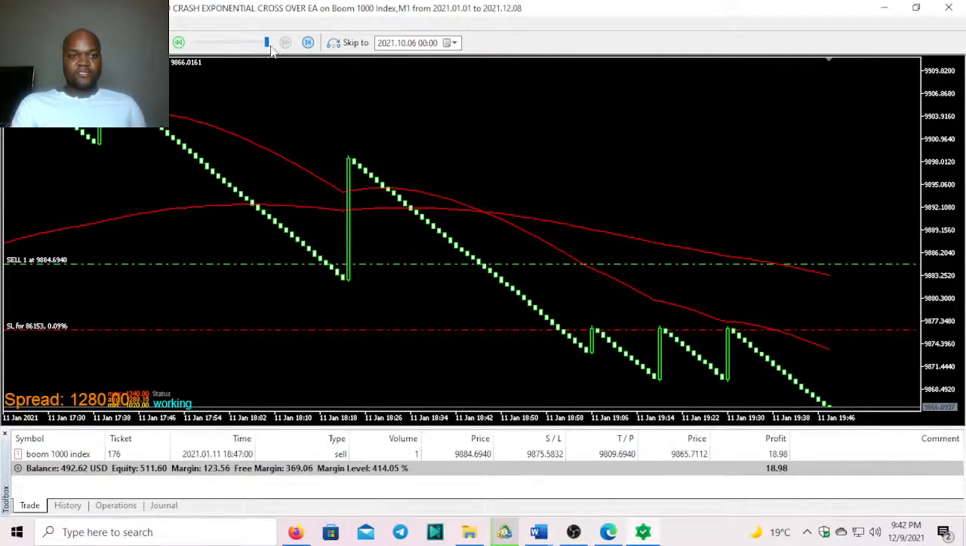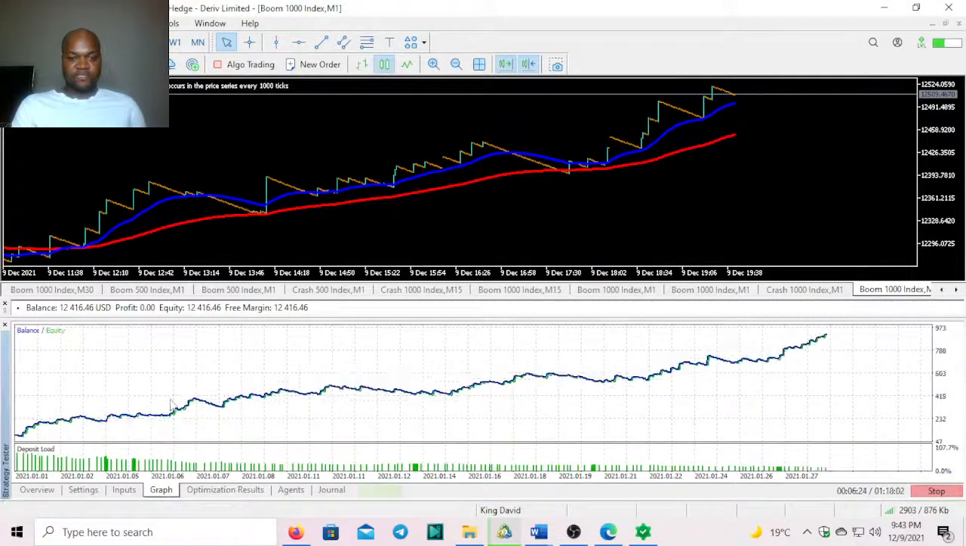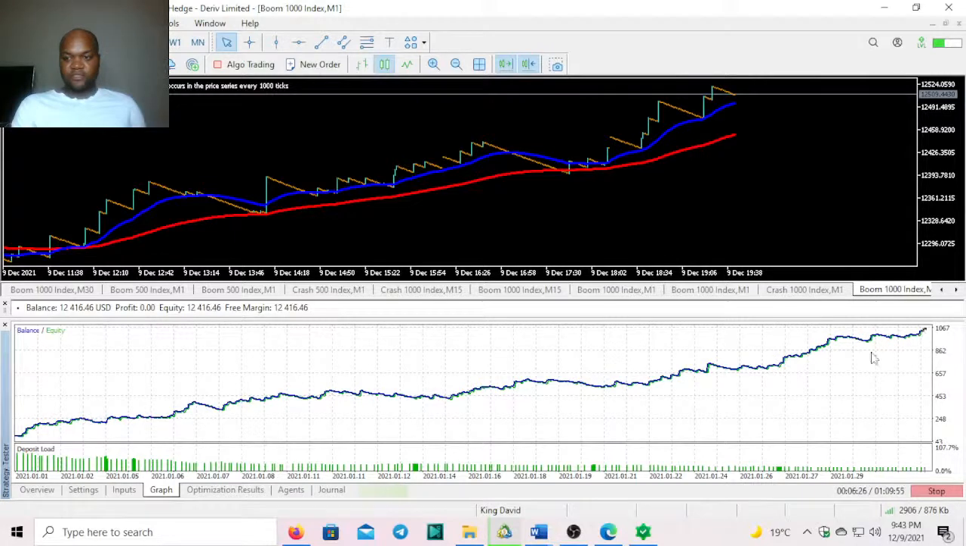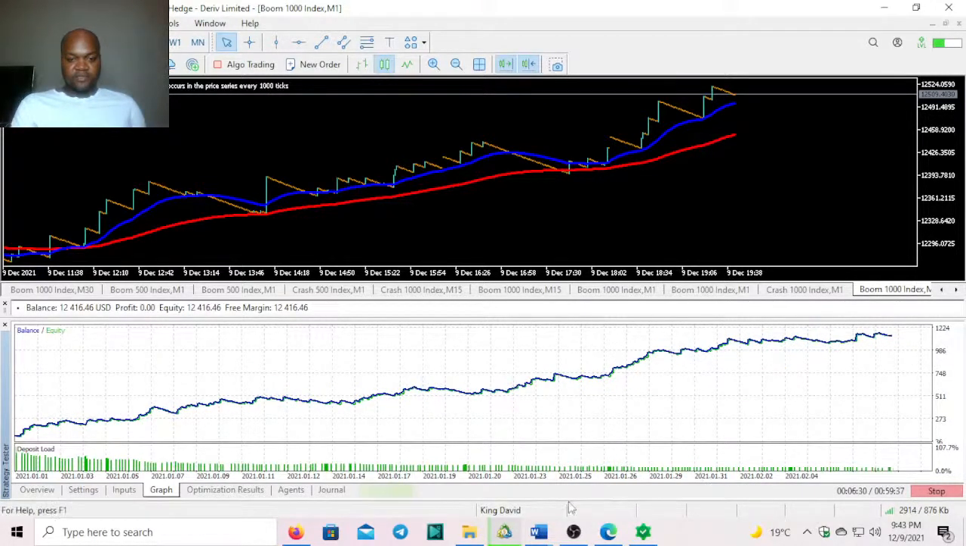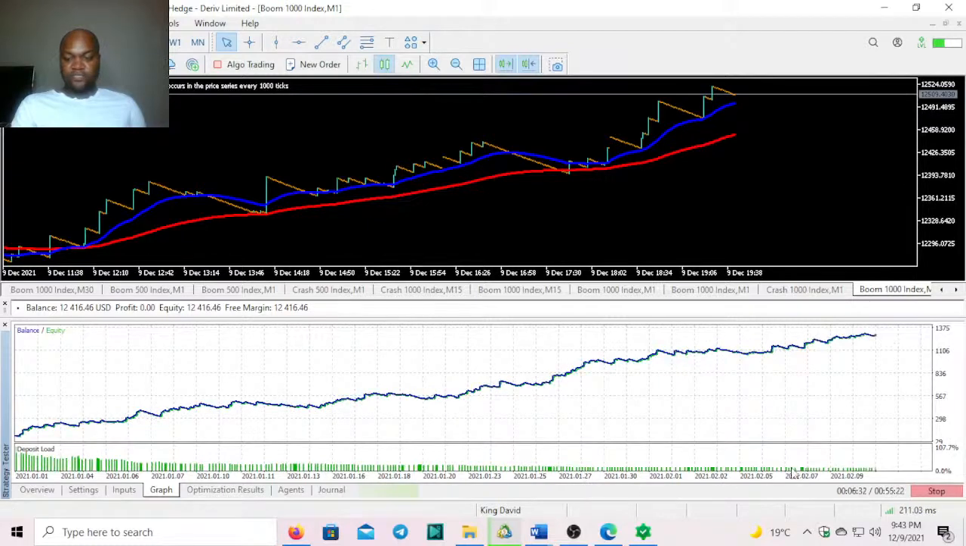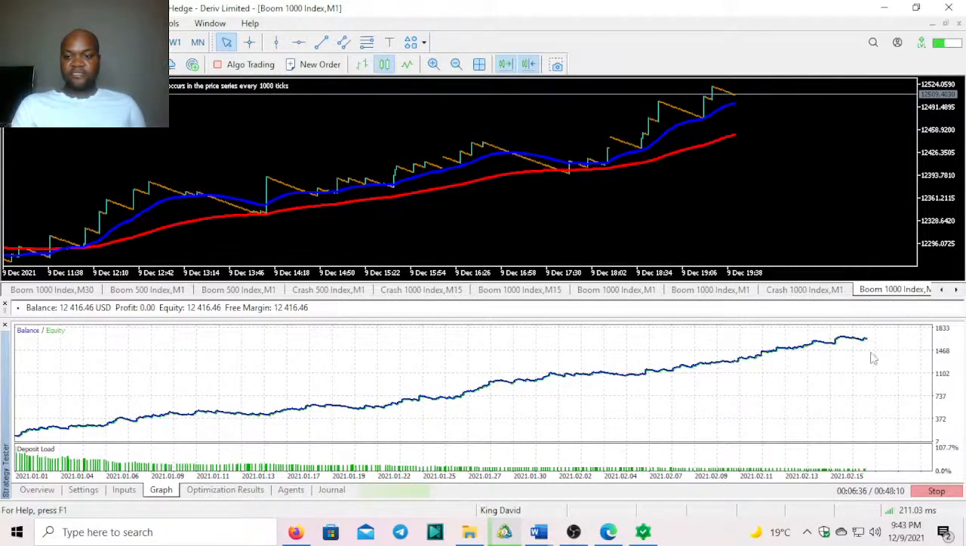So that we don't waste a lot of time, we are interested in the results. Even the graph, as you can see, is quite healthy. It's going up. We're now reaching 1,000, and we are still in January. This is impressive. In a month, with a deposit of 100, you'll be close to